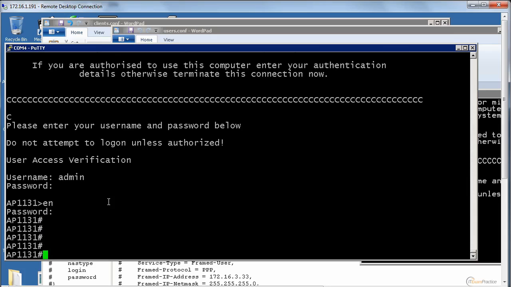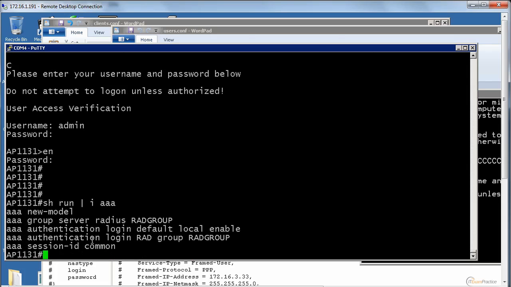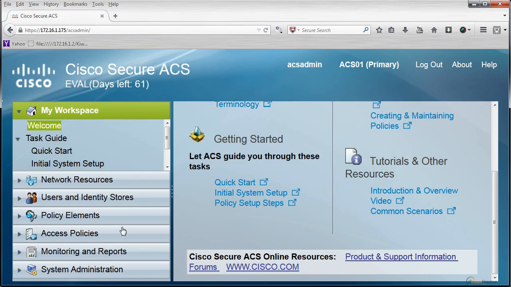That's my access point, and now it uses the local database. When I do AAA, you will see this line, local, and then enable. What we want to change it to, we want to change it to TACACS and use an ACS server to authenticate, for instance, a network administrator. In ACS,